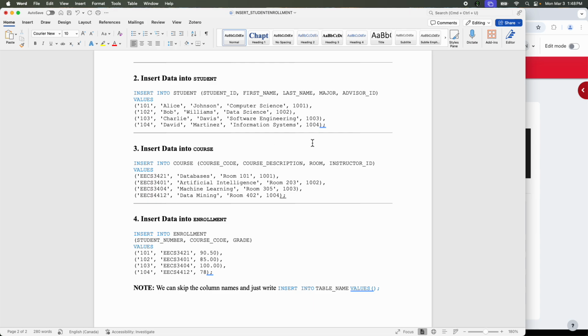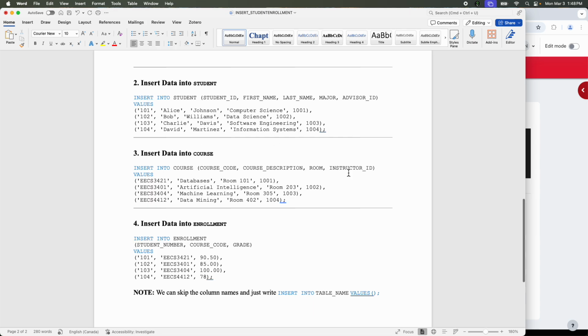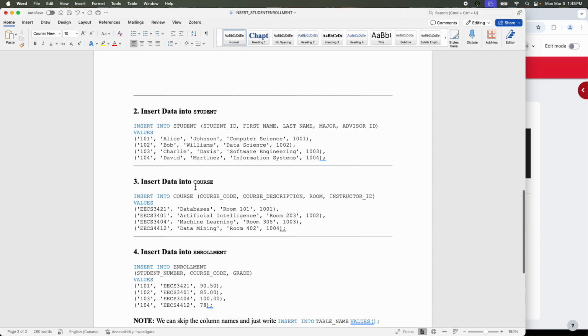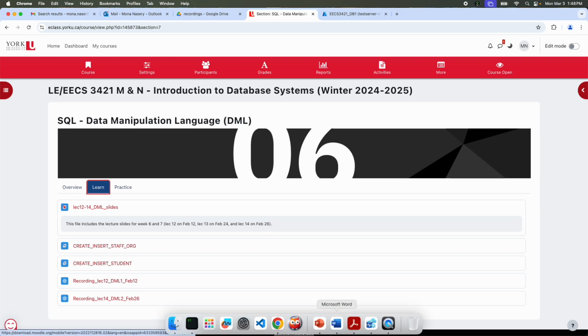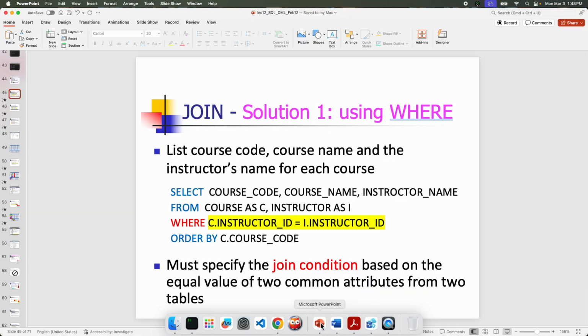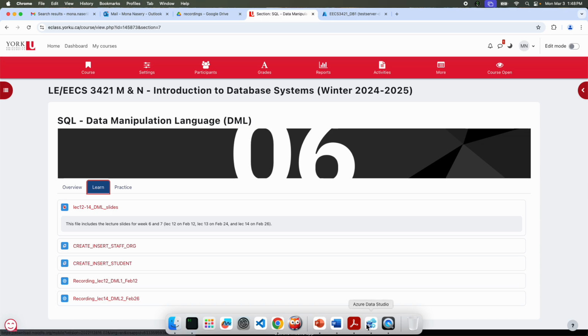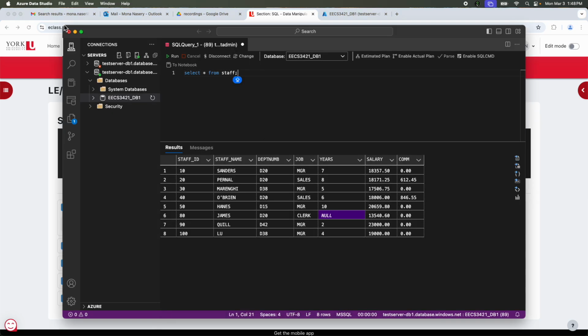For example, in the course table, we have instructor ID, which refers to the instructor table, so that course should be created after the instructor. Now, I assume that you already copied and pasted this and created the tables. Assuming that you have done that, I'm going back here. Now you can try, for example, joining these two tables, course and instructor, to find the course and instructor name for each course. So if I go back here,